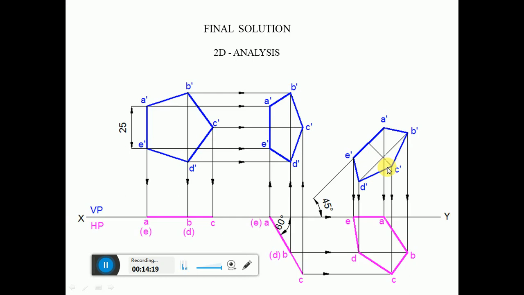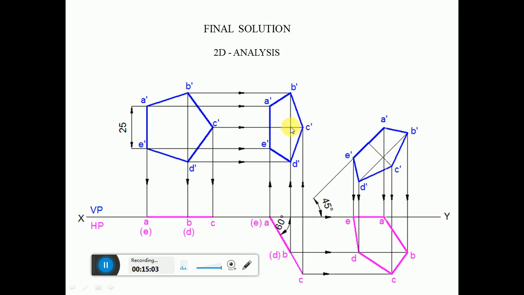From this point you measure the distance from this to this, and from here you cut an arc on this. So you get the point, and from this point you draw. Now this B dash D dash is perpendicular to the point of C dash. Using this line you measure an angle of 90 degrees with respect to a line which is extended from C dash to the midpoint of A dash E dash. Then draw a perpendicular to this inclined line.